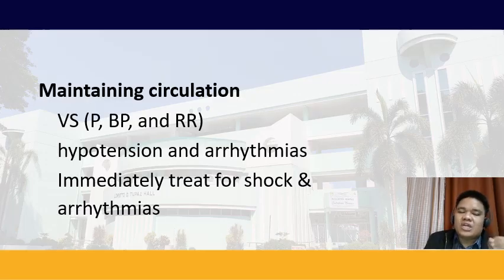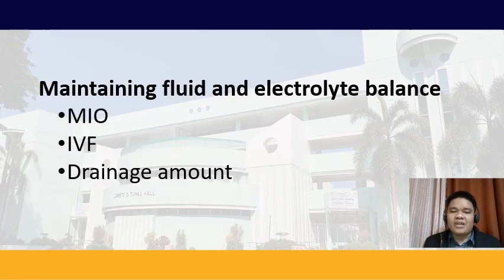Maintaining circulation. For you to maintain proper circulation for your patient, you need to assess the vital signs of your patient. That would include the pulse, the blood pressure, and the respiratory rate. Hypotension, arrhythmias, and shock should be immediately managed because you don't want complications to occur before you would manage this type of problems. To maintain fluid and electrolyte balance, okay, you need to have a balance between the